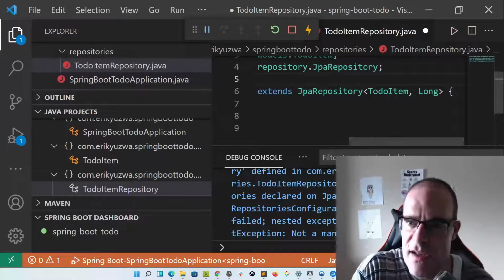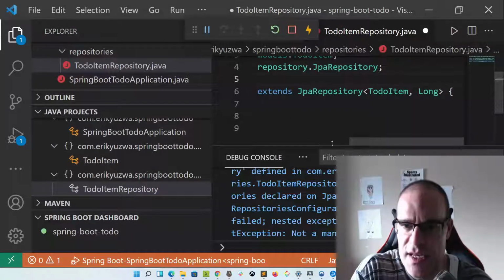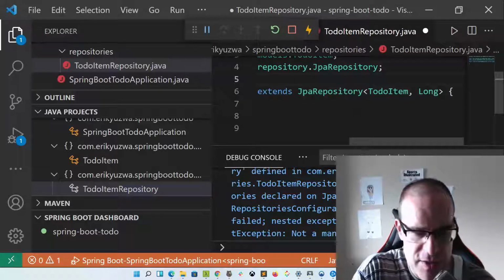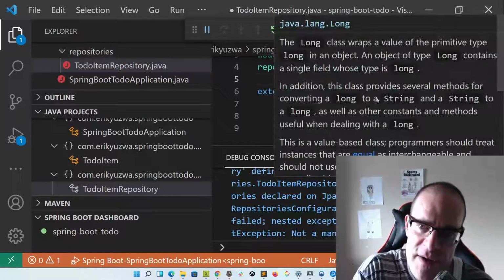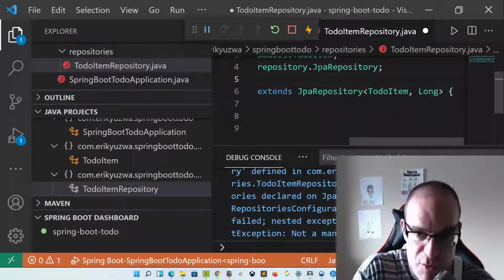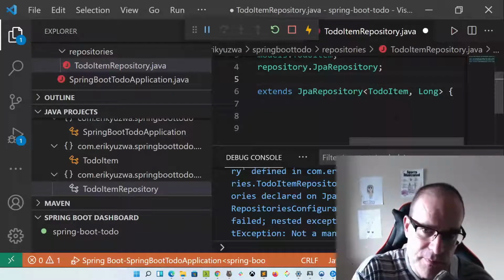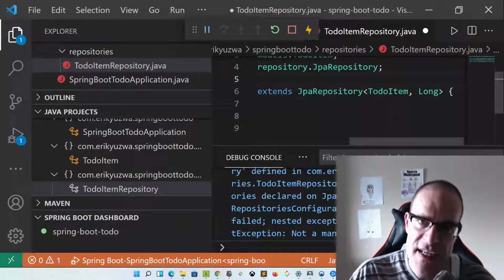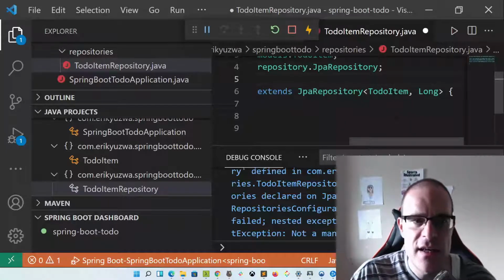And this long, usually when you're working with the repository, the second parameter of this repository description usually matches the key type that you have for the ID for the model that you're creating this